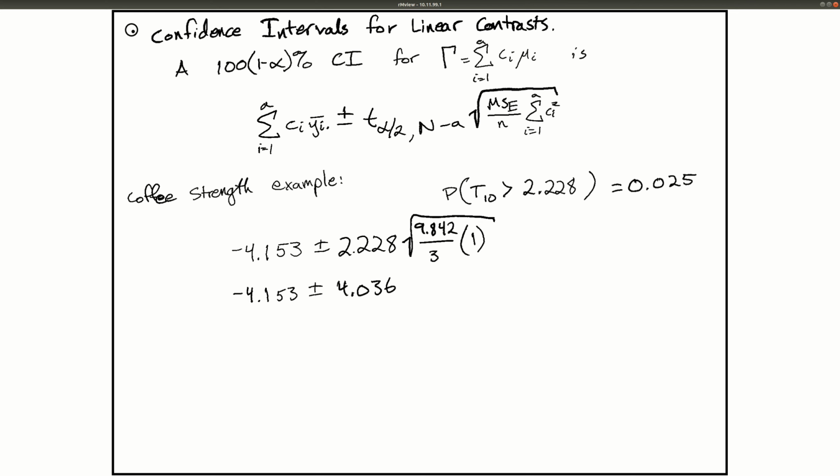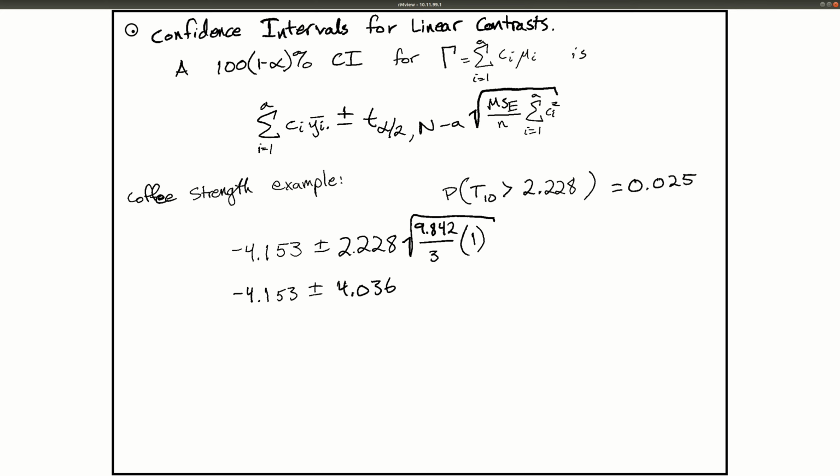But the difference would be that our confidence interval, while it still wouldn't overlap 0 and would be consistent in that way, would now be centered at about negative 8.3, so twice this, and it would be plus or minus about twice this here, 8.072 or so. So what you put in for your contrast coefficients does matter,